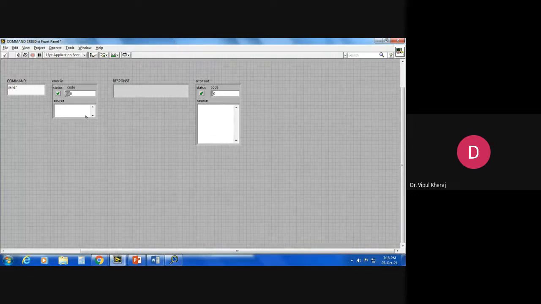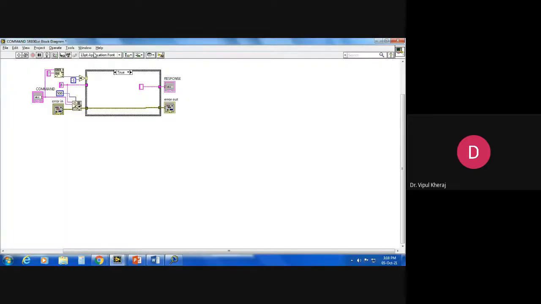For example, this lock-in amplifier has this command list, and SENS stands for sensitivity. The question mark means I'm asking it. When I execute this program, this is the LabVIEW program, very similar to what we have made so far. Just there's a command line. I'm adding a question mark to it and looking at whether there's a question mark or not. Because if there's a question mark, I'm looking for a response. If there is no question mark, then I'm not looking for a response, because I'm commanding, I'm ordering my instrument.